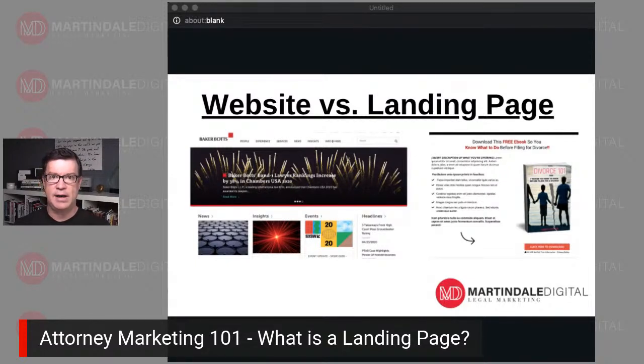But if they landed on the right, they would say, hey, this page clearly has to do with divorce attorneys, filing divorce. It gives me a great resource to download so that I know what to do before I file a divorce. And when a prospect clicks through and downloads this, then that law firm would have that contact information, be able to follow up, and it would automatically take them to the next page that gives more information about the firm, invites them to contact, either call or fill out a form to tell them more